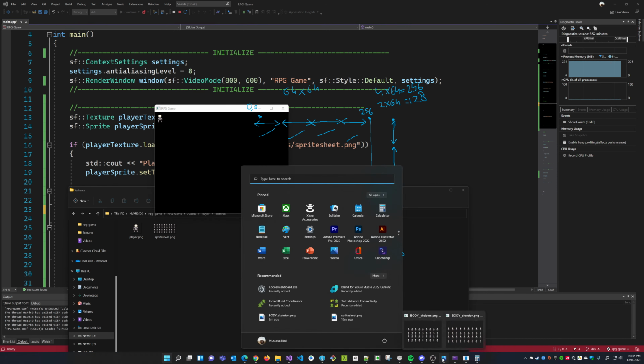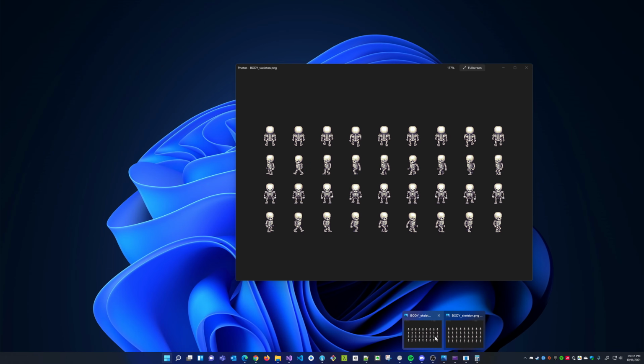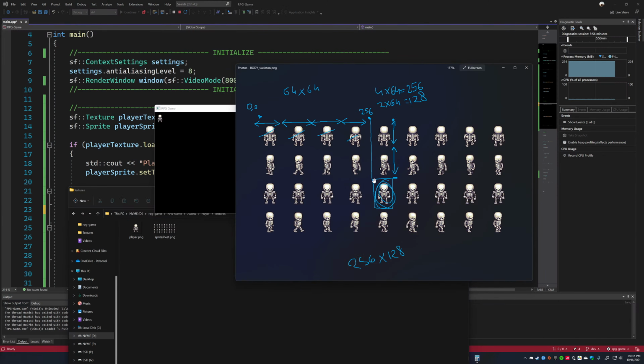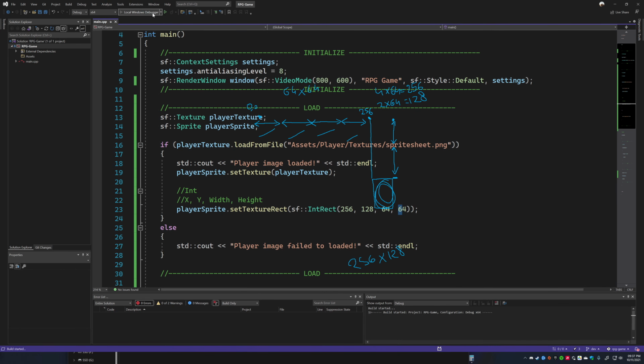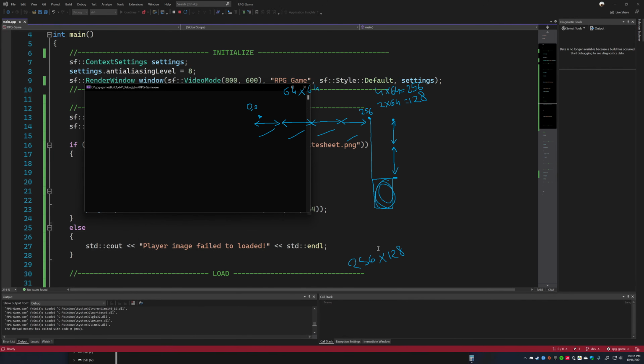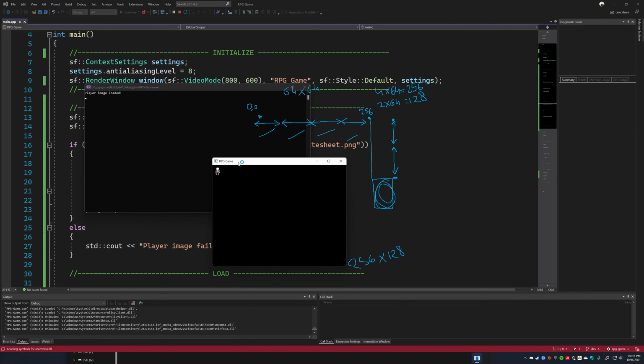Every single image is 64 by 64, and this never changed. But I want to start my rectangle at 256, 128, with 64, 64 as the width and height. So now if I press play, that specific image should be rendered.